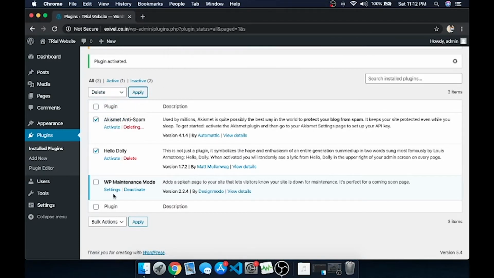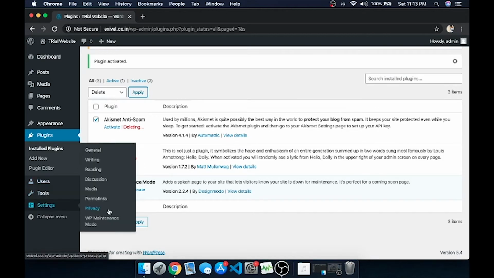Okay, so it's deleting. So now how to access this plugin? You can see a settings tab there, and the WP Maintenance Mode. So click on it,